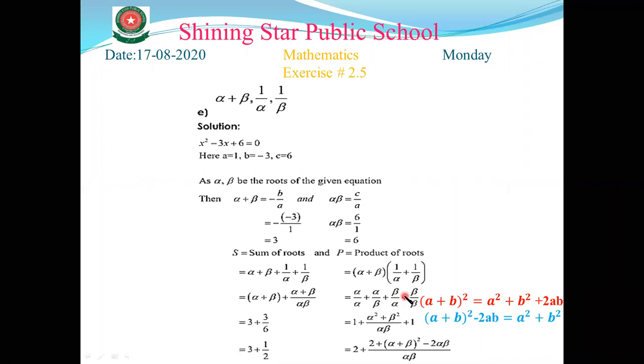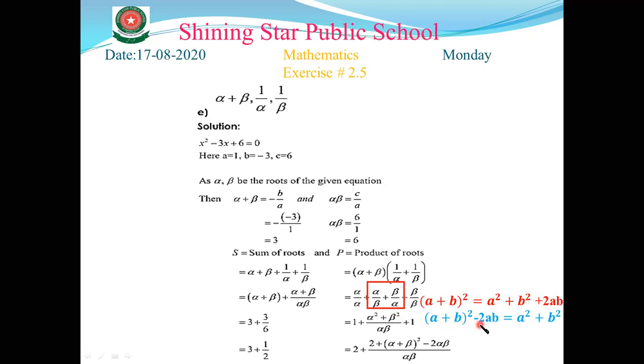Now, when we multiply alpha plus beta with 1 over alpha plus 1 over beta, it will give you alpha over alpha, alpha over beta, and beta over alpha, beta over beta. Alpha alpha cancel 1, beta beta cancel 1. Then we take the LCM of these two middle terms. So it becomes alpha square plus beta square divided by alpha beta. And 1 plus 1 is 2. So again we use the previous formula, and we know that alpha square plus beta square is equal to alpha plus beta whole square minus 2 alpha beta.